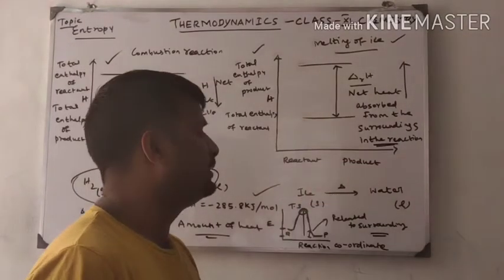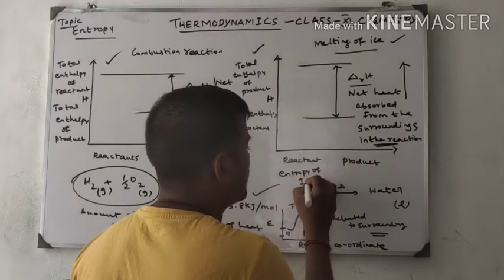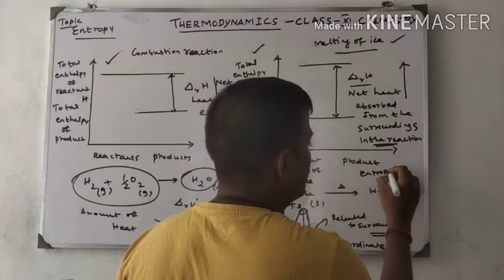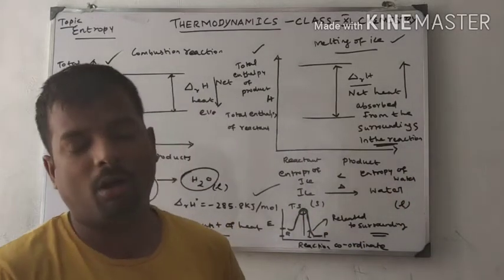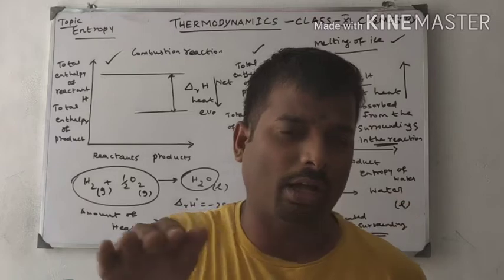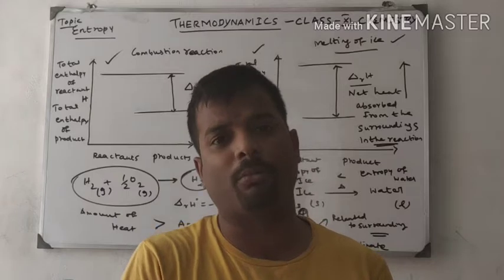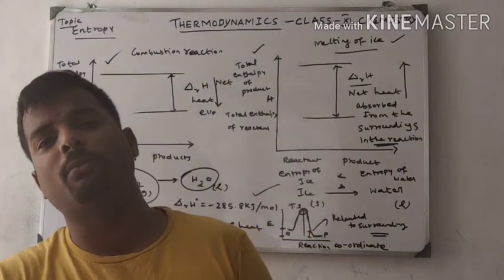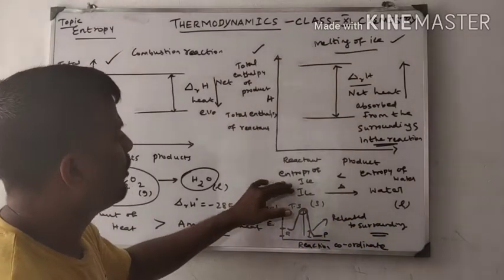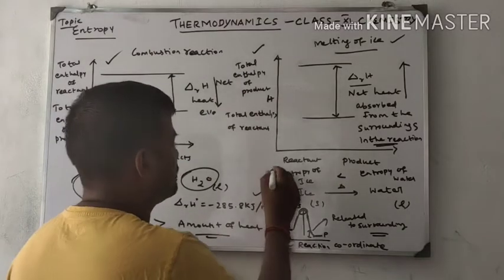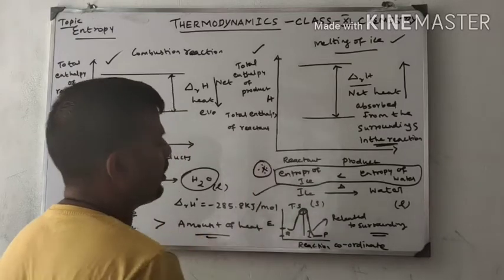The entropy of ice is less than the entropy of water. Entropy is the degree of disorderness. Why? Because in crystalline form, all the atoms are closely packed or orderly arranged. But in water, there is some space between one molecule and another, so they vibrate and move here and there, and therefore some disorderness is created. That is why the entropy of ice is less than the entropy of water. Keep this in your mind. This will help for solving the problem.